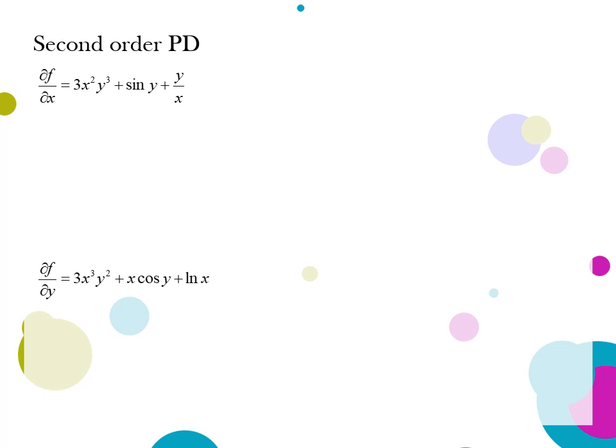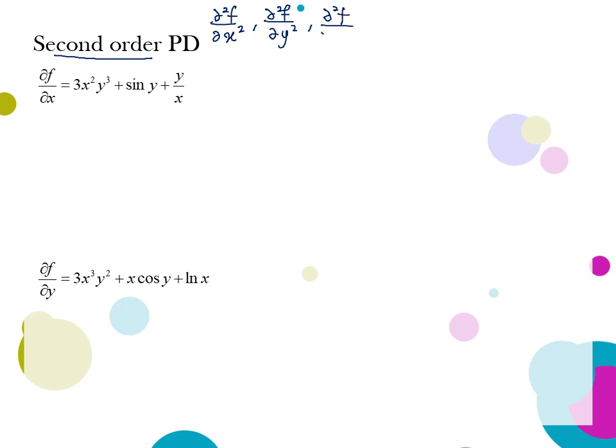So we are done with the first order partial derivative. Now we will proceed to second order partial derivative. Remember, since we have two variables, for second order we will have 4. The first one is del squared f with respect to the same variable x. The second time del f with the same variable y, and the third and the fourth is called mixed partial,